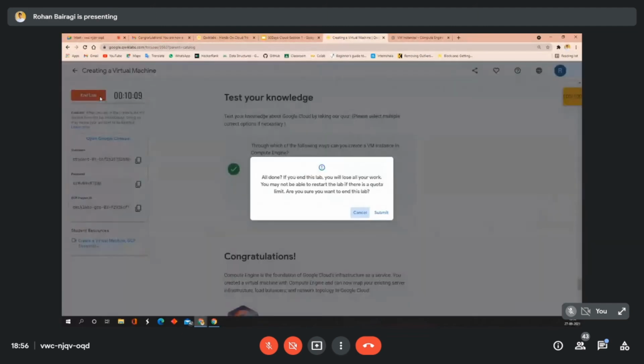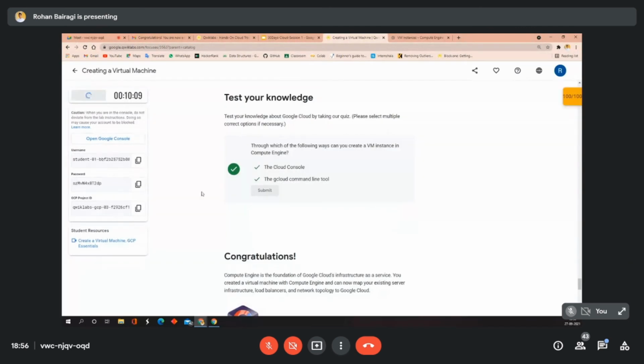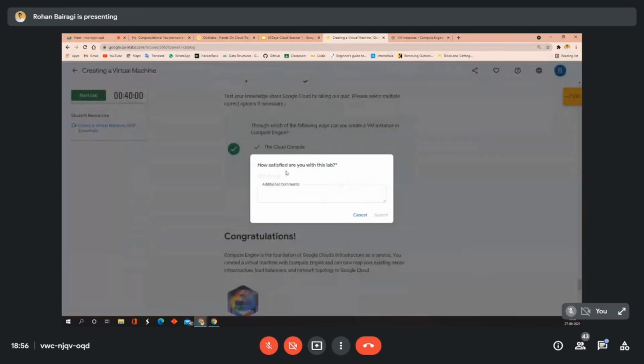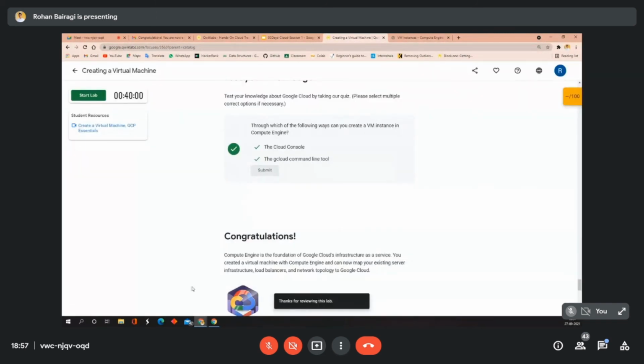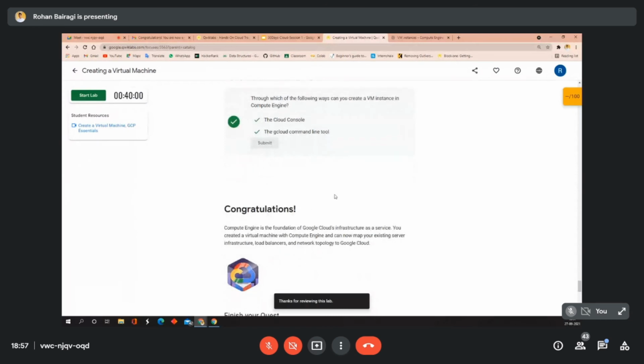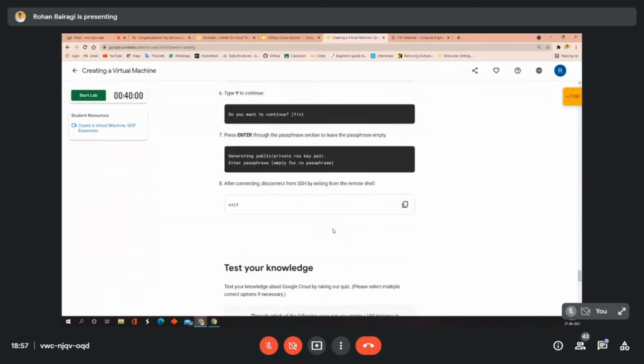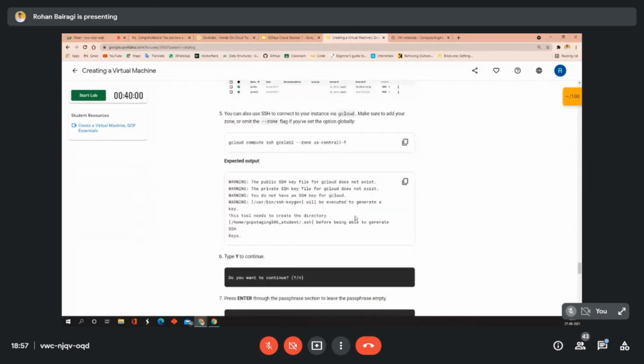Now click on end lab and then click on submit. If you got the marks, then just end your lab. Your lab is completed. There are so many labs, and one more thing, you can't learn so many things in just 30 days. So take a pen and paper and write down the labs which you think are interesting or important, and work on them after some time, after the 30 days.